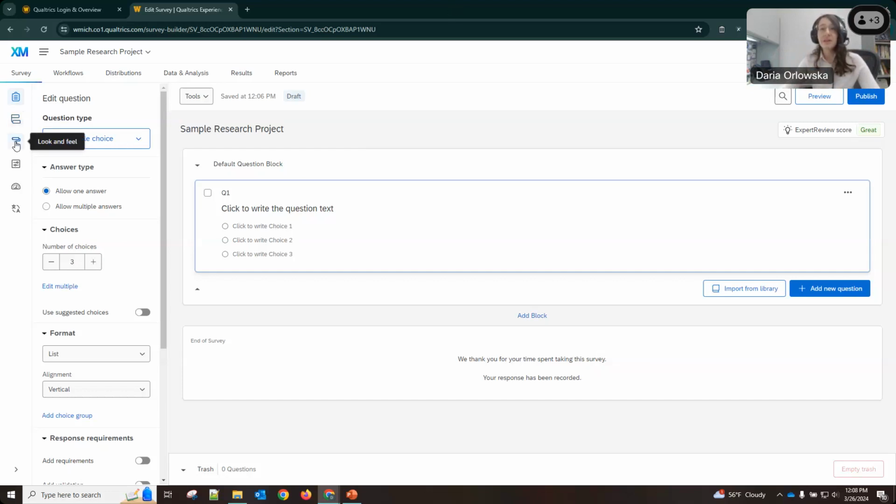And then you have the look and feel, which is just some additional options as well as survey options. All of these will have additional things that you can customize your survey and put additional options in depending on your need. And then I probably will not be going over quotas or translations today. Then you have the second menu, which is depending on which submenu you're in, you'll have additional options. Then you'll actually have the body of where we're going to be creating our questions. And then we have two buttons here, preview and publish, which talks about our survey.